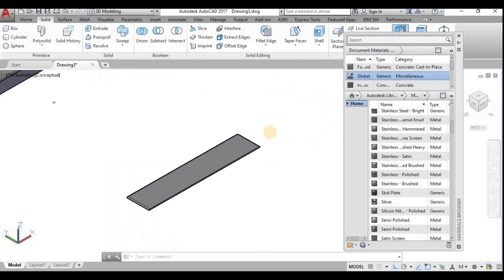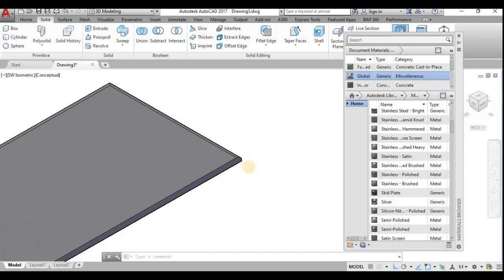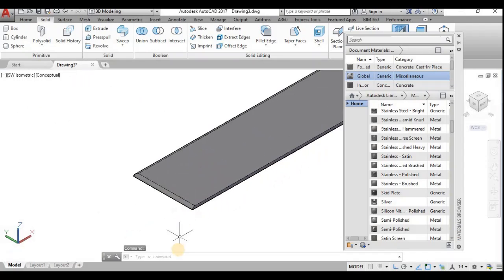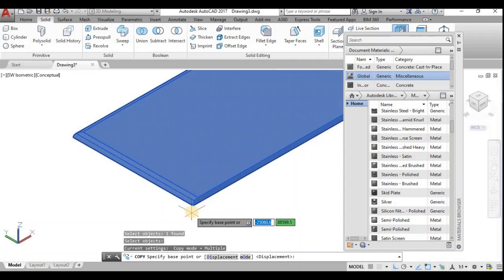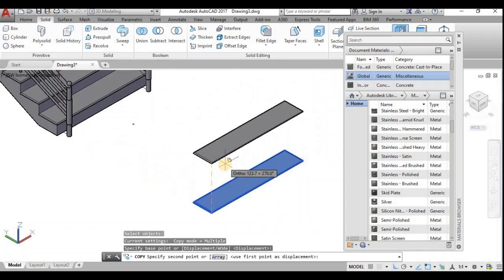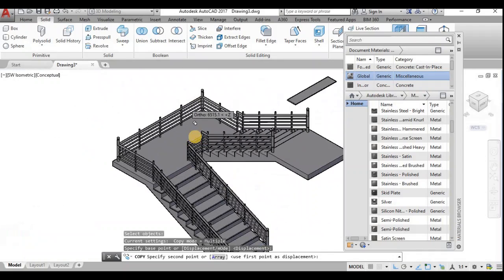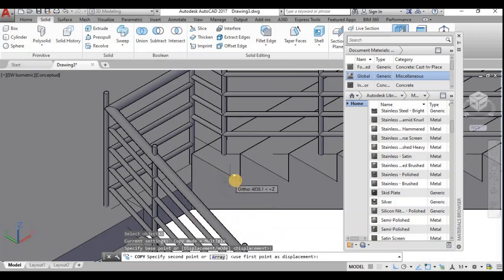Now I shall copy this with this base and place it on the corners.